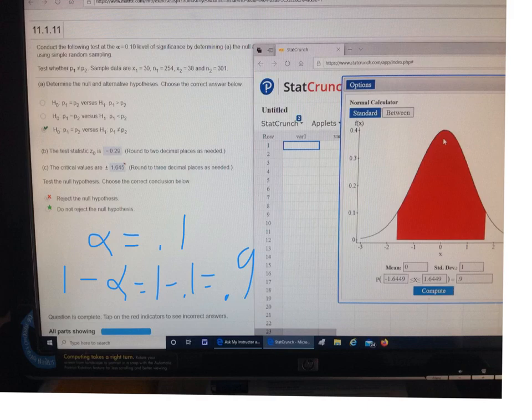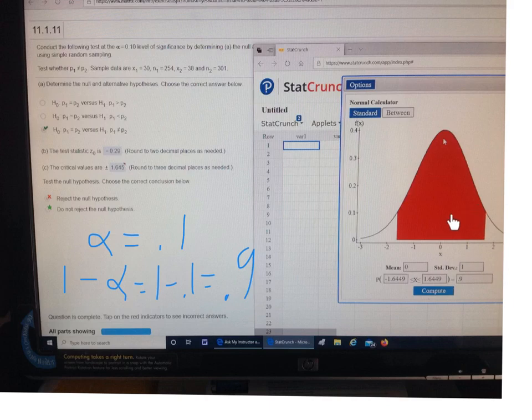So you could do this by hand, or I just again chose the calculator, the StatCrunch. So you go into StatCrunch, click on Stat and Calculators. You bring up this normal calculator, and so it's a two-tailed test. Since it's a two-tailed test, you click on between, and if it's left or right tailed, you use standard, but it's two-tailed, so you click between, and since it's z-score, you leave these alone, 0 and 1, and you put this 0.9